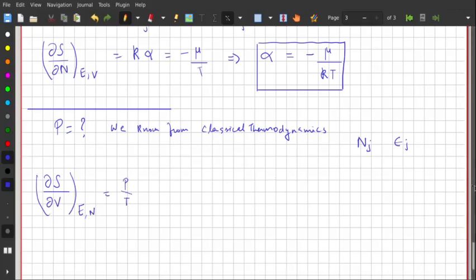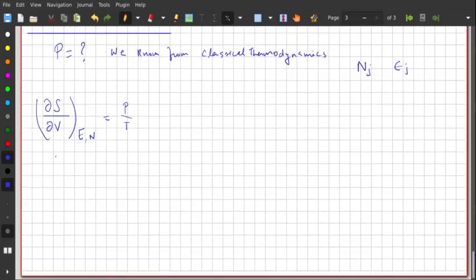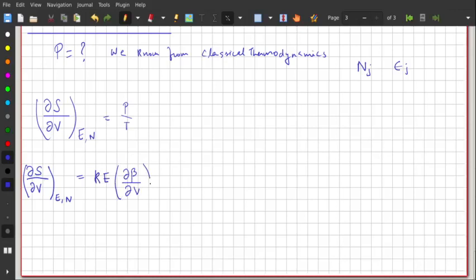Okay, and let's do the same thing. We know the entropy, and now we will differentiate with respect to V. Again, realize that alphas and betas are functions of V. So this expression becomes partial S partial V at E comma N, which is equal to K times E partial beta partial V at E comma N, plus K N partial alpha partial V at E comma N, minus K sum over j